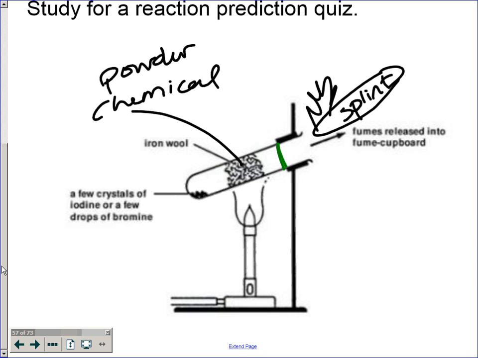Don't you drop it. Don't drop it. Okay, now make